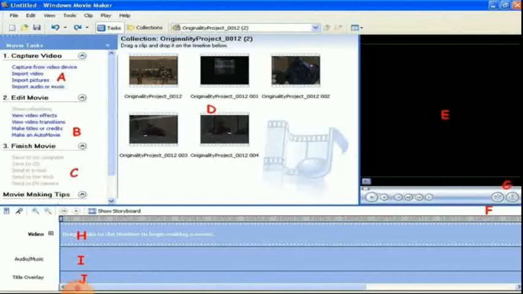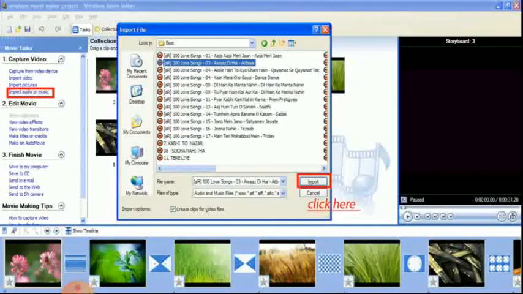Next, what you have to do is click Import Pictures from the Task pane to insert pictures. The import file dialog box appears as shown. Then select the pictures for creating the movie and click the Import button to import pictures to Movie Maker.